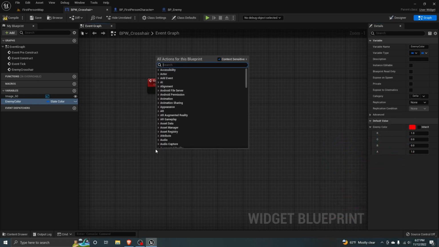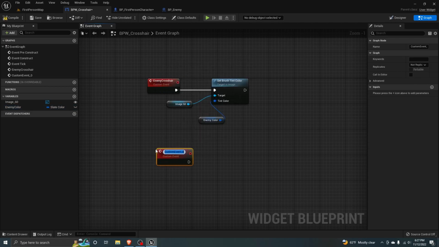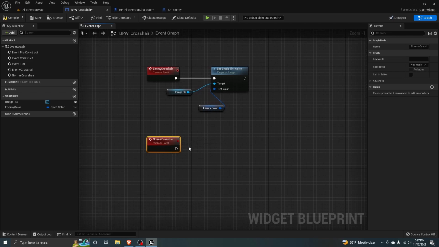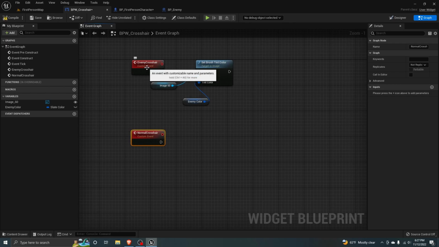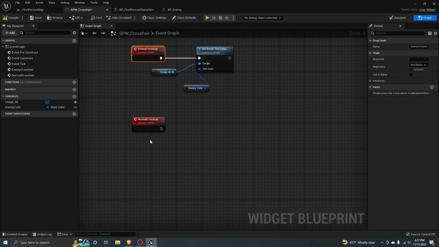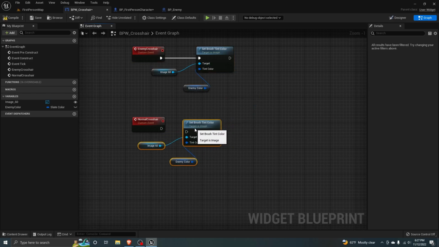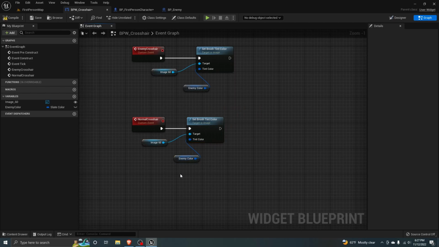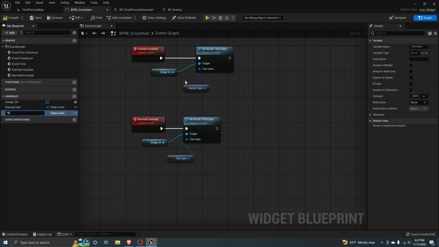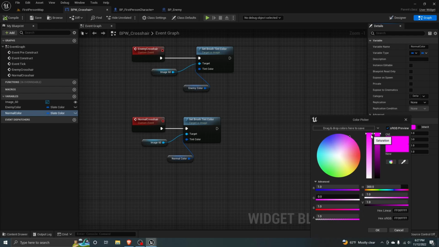And make another event. So this event will be called when we detect an enemy, and this event will be called when we no longer detect the enemy. Copy paste. Promote to variable, normal color. Make sure to compile so that you could edit the variable. I want my normal color to be white